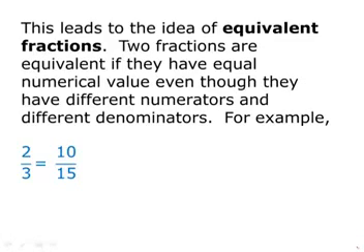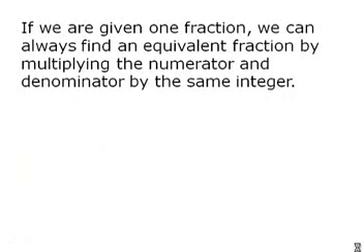And in fact, one way to see what's going on here, we can write the 10 and the 15 as products. 2 times 5 over 3 times 5. In other words, the numerator and the denominator of the original fraction both got multiplied by the same factor. And in fact, we can expand that idea. If we are given one fraction, we can always find an equivalent fraction by multiplying the numerator and the denominator